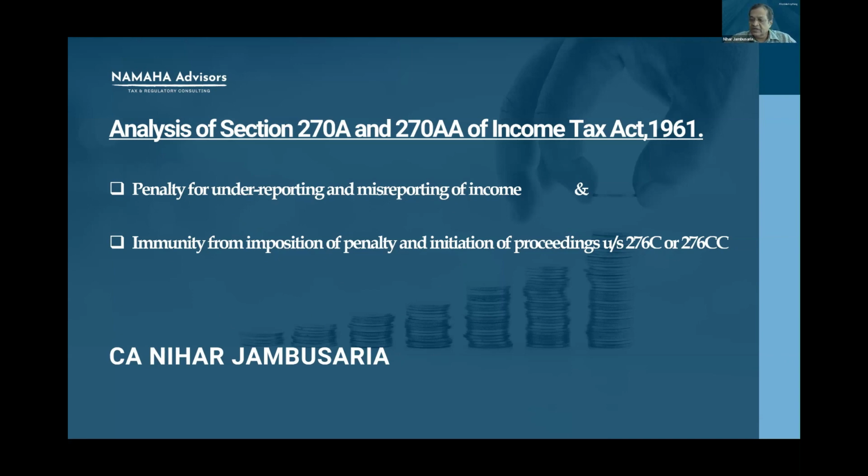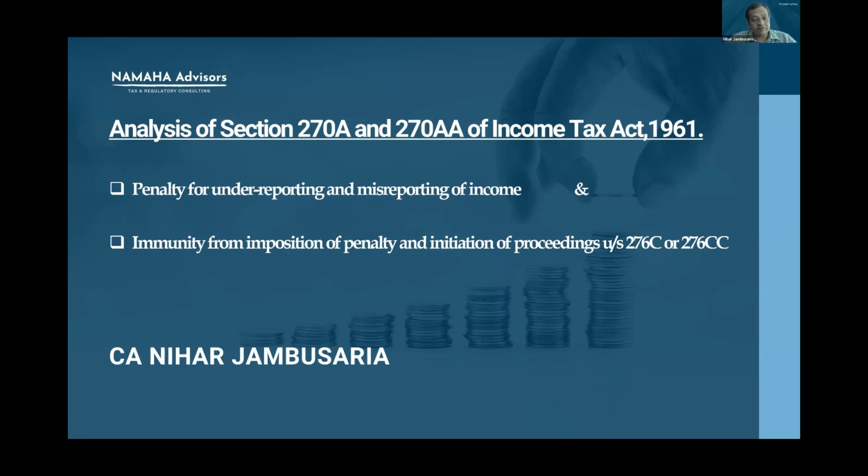underreporting of income. The second reason is that section 275 of the Income Tax Act provides for the time limit for levy of penalty. And this time limit has been fixed by reference to the passing of assessment order and not initiation of penalty proceedings. So if penalty proceedings are not initiated during the course of assessment, the penalty would get time barred with reference to the date of completion of assessment and not with reference to initiation of penalty proceedings.